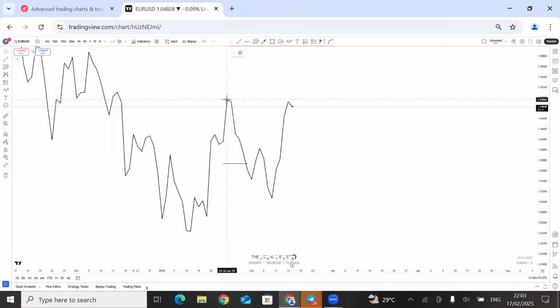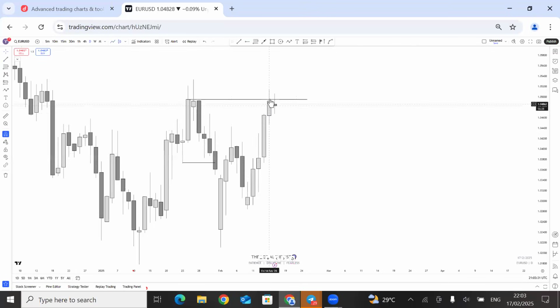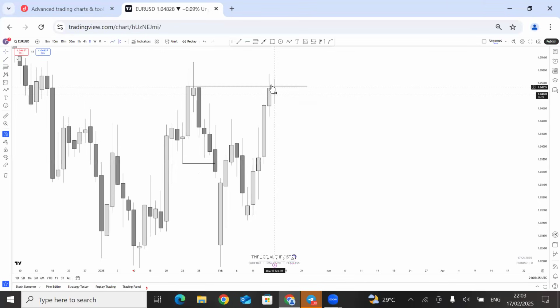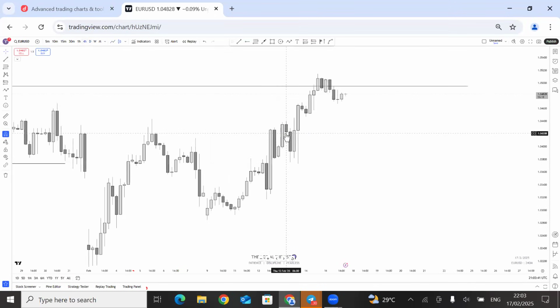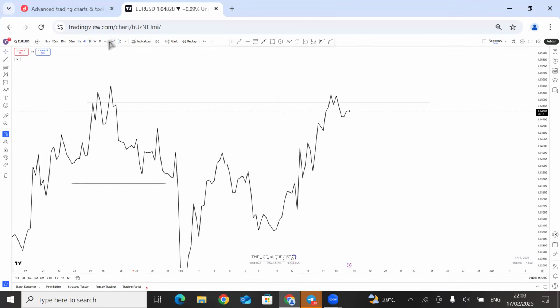So what happens to this high? Here was a key level, an A-shaped key level. I just draw a line on the A-shaped key level. Next, I turn on my candlestick chart. And what happened? Price came and tapped into this key level and closed below the key level. Next, I switch down to the 4-hour time frame, and I want to see a break of structure to the downside. I can still turn on my line chart so that I can see.